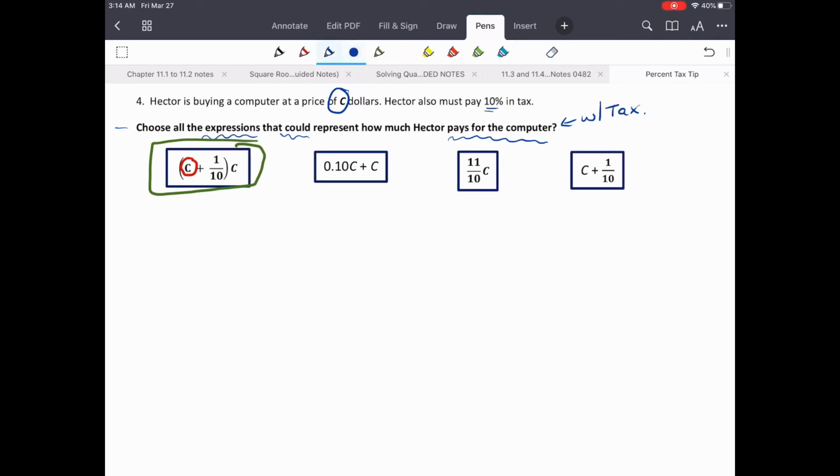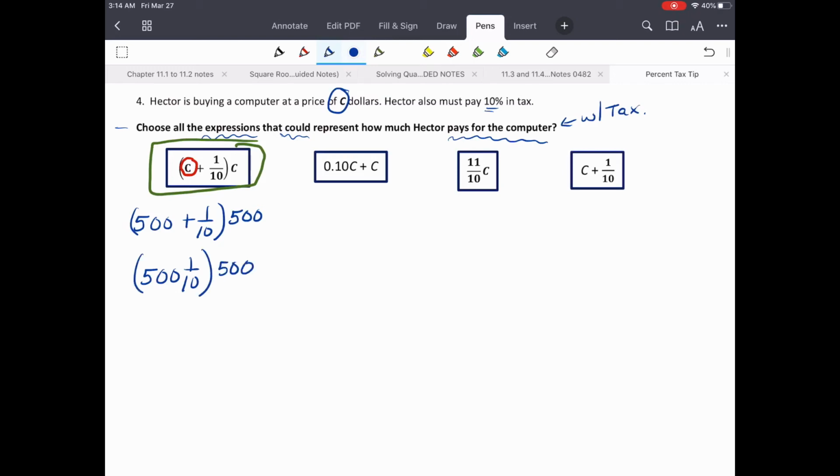And like I said, I'm going to put 500 in there. So I got 500 plus 1/10 times 500. All right, now 500 plus 1/10 is 500 and 1/10. It's just a mixed number. And then you're going to multiply that by